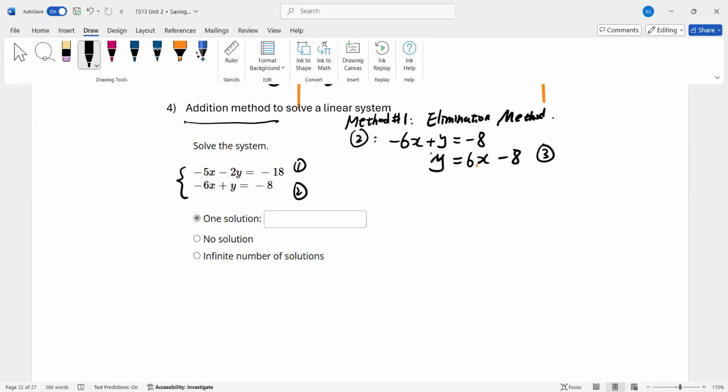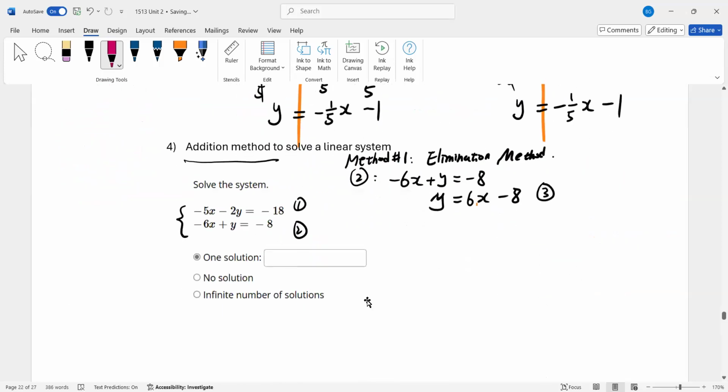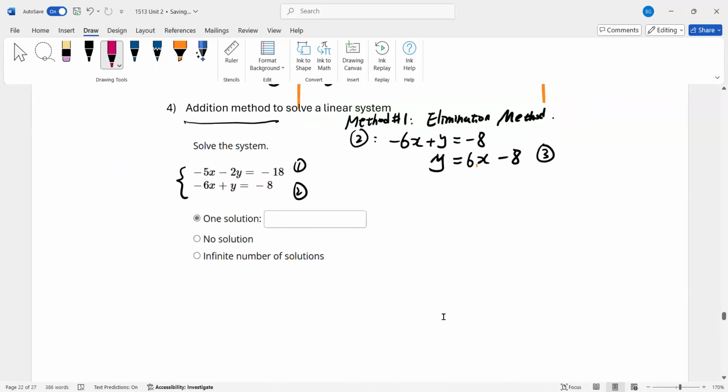We are going to, sometimes they call this a substitution method. Maybe it's called a substitution method. Yeah, it's called a substitution method, not elimination method. Some books use different names. Yeah, I think the substitution method. So now we're going to substitute